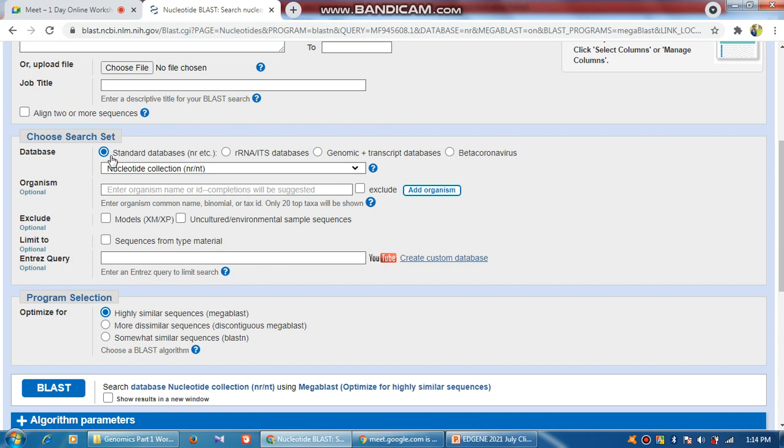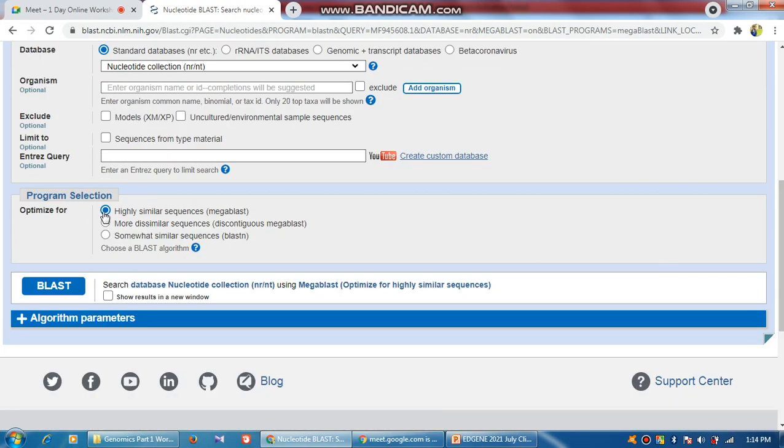So we will take the first option and we will go down. So here what we are trying to say, highly similar sequences. Okay. So this is the default option. So you can also change